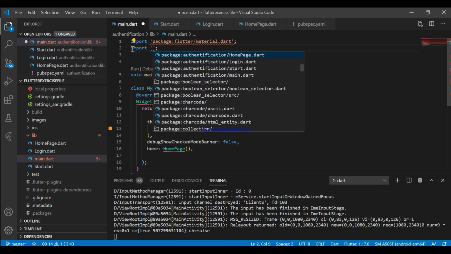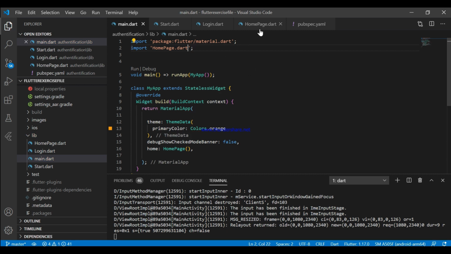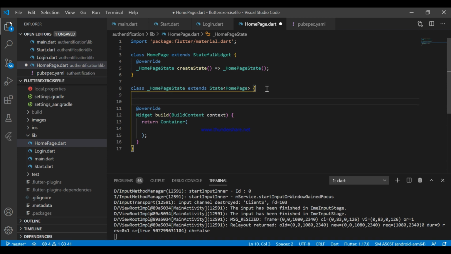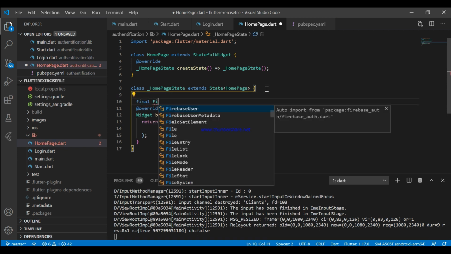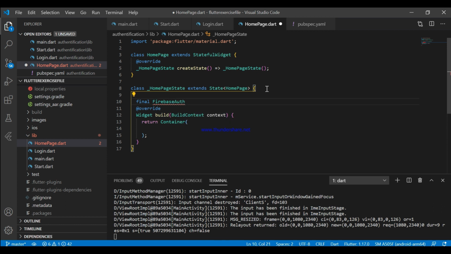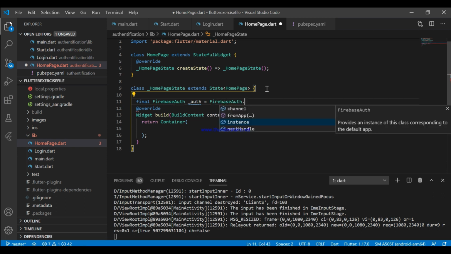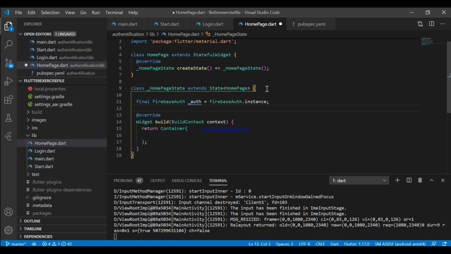Now it's the home page. For the home page, we need to create the Firebase instance for this page as well. Our login page is completed, and is logged in.